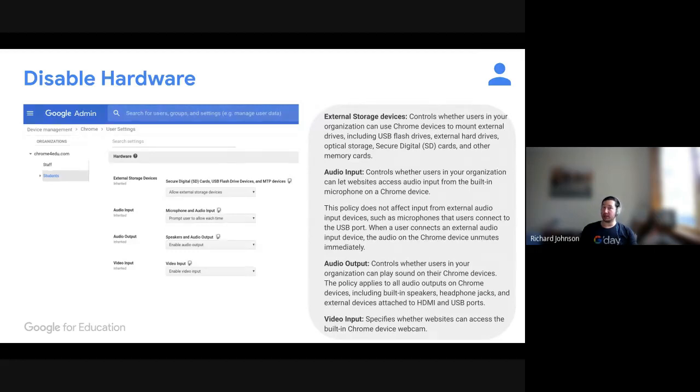Okay. Disabling hardware. So schools have a lot of different policies around what they can and can't use in the classroom. Key ones are using USB drives to bring content to school. In this day and age, you shouldn't really be using USB drives in a workplace or a school environment. There's no need. That's why we have Google Drive. And you have the option to stop those or block those. Again, anything to do with audio input, output, or video, that can be a distraction in a classroom. And if your school policies tell you to block these, then you have the ability to do that via the console.